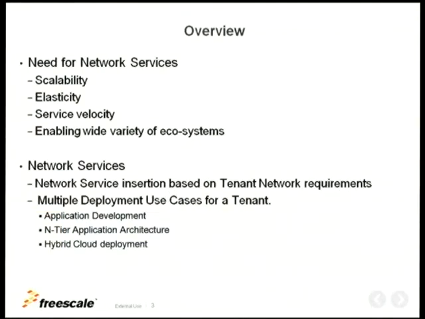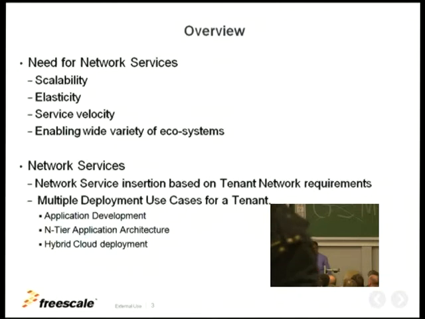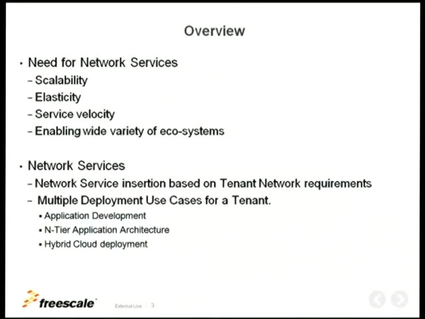So let's see the overview. The need of network services in the cloud environment, like we have the scalability, elasticity, and service velocity, and enabling a wide variety of ecosystems. So right now we have all the commercial hardware where you have to buy with a lot of money so that they'll be deployed in your data centers using cloud.